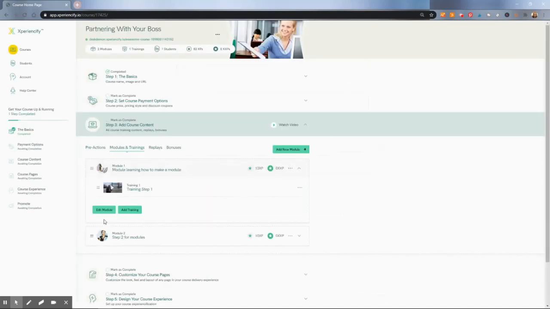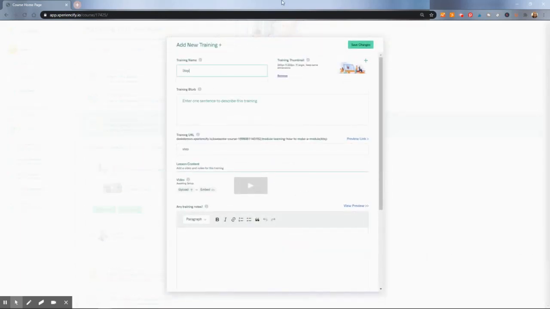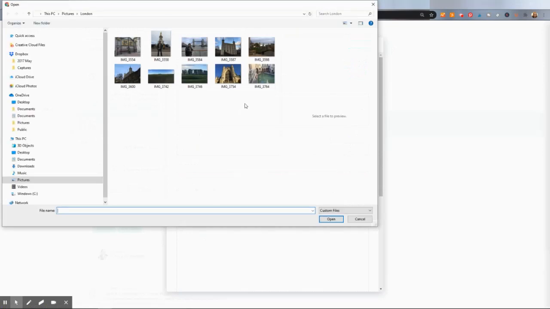And then I am going to go back to add training and repeat with step 2. So we'll put this as step 2. This is step 2. Put the step 2 video. We'll also get to the content, how you could add content down here, but we'll get to that in the next video. And then I'm going to do a new picture, and we will do